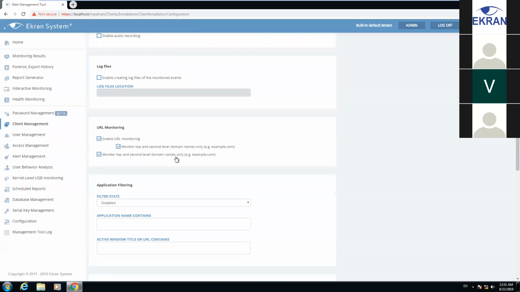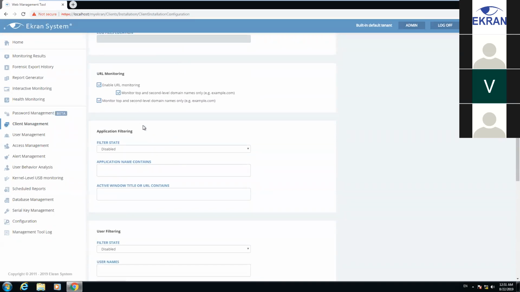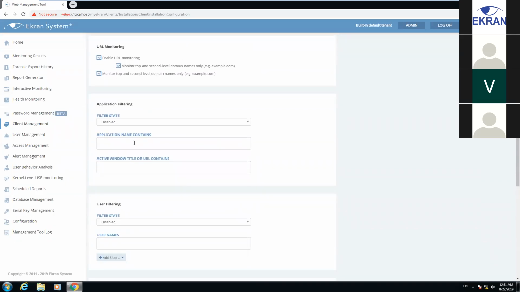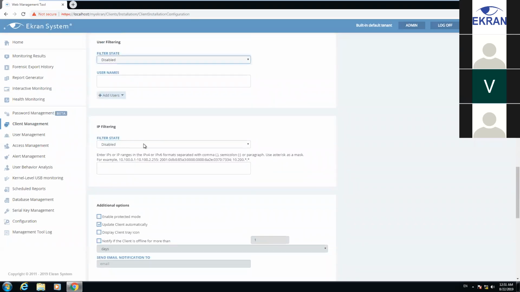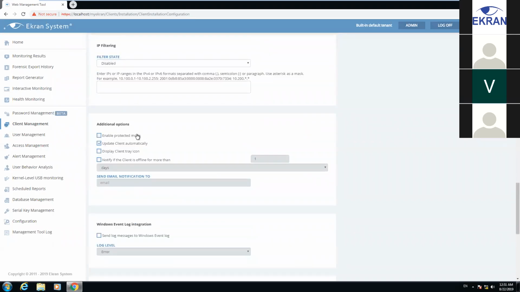Also, URL monitoring. It allows you to monitor all information. Application filtering, user filtering. For example, you can check what user you would like to monitor, or opposite, what user you wouldn't like to monitor. IP filtering, the same, what IP I would like to monitor, and so on. Enable protect mode, it allows you to protect the agent from stopping its services, from deleting, so it won't be delayed